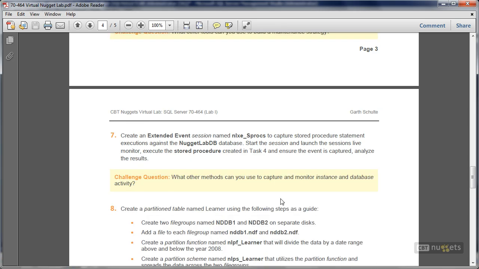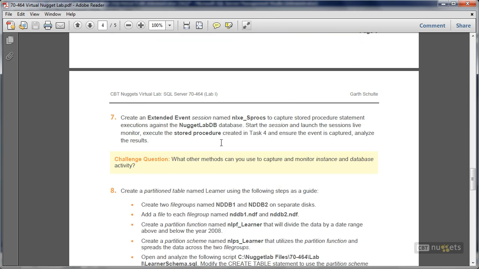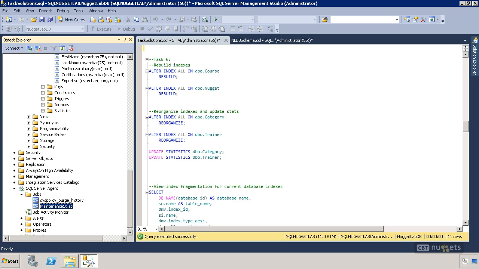Let's move on to task number 7 here. Create an extended event session named NLXE_Sprox to capture stored procedure statement executions against the Nugget Lab DB database. And then we're going to start the session, launch the live monitor, execute the stored procedure, and watch it happen live in our database. So let's head back to the virtual Nugget Lab,